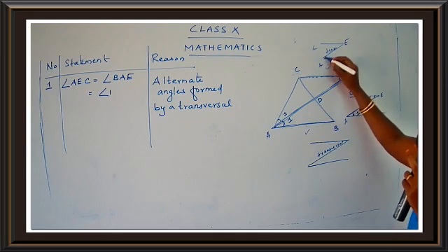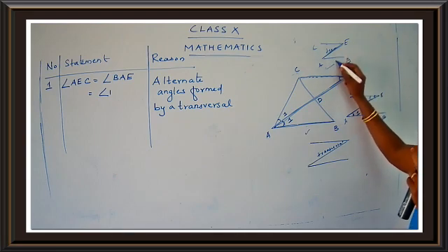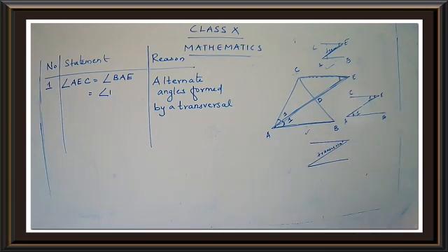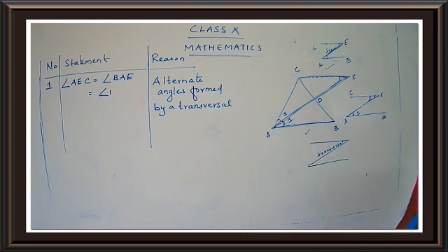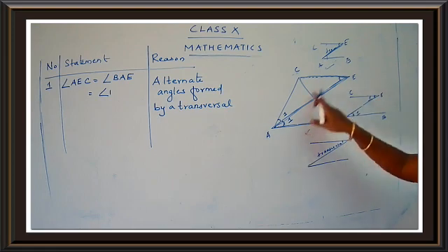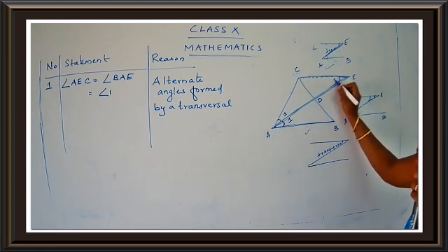So when you have a transversal joining the parallel lines, what do you get? You get alternate angles. Getting my point? And what about the alternate angles? They will be equal. Have you taken the first statement? Is the first statement clear to you, children? So which two angles have we taken? BAE and AEC. So just put here number 1, children. You have to put here angle 1.